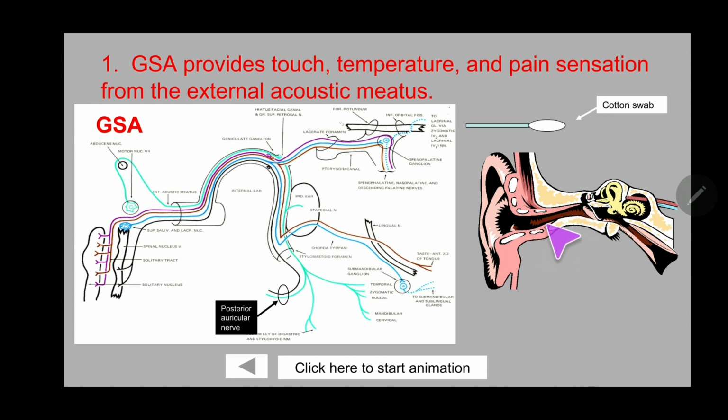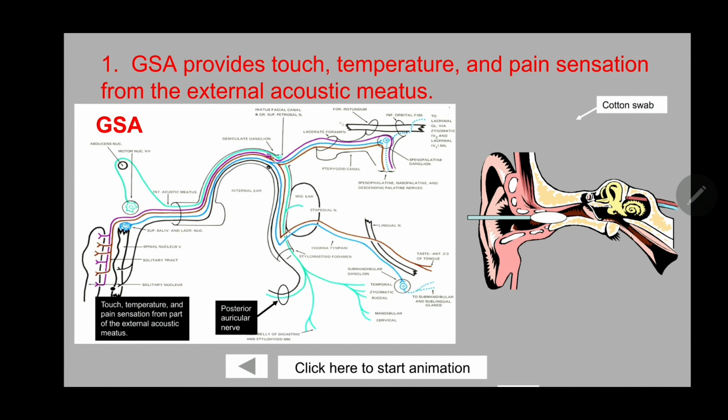How these sensations are being brought in and where they will be relayed, let's see. This is how you can irritate this nerve here and make these sensations conscious. You can stimulate it by introducing a cotton swab in the external ear, right? So sensations will be arising here because of an afferent pathway, right? Look here, from where it is entering, it is entering the posterior auricular nerve, and where will they relay? Remember, this relay is outside, not a part of the facial nerve, but this will relay in the spinal nucleus of the trigeminal nerve. Okay.